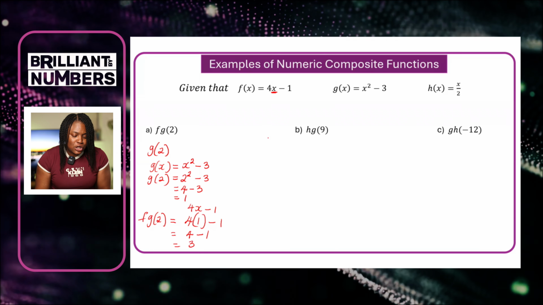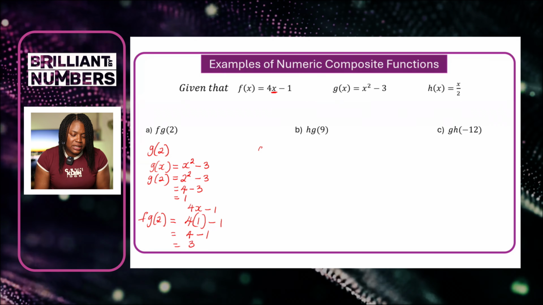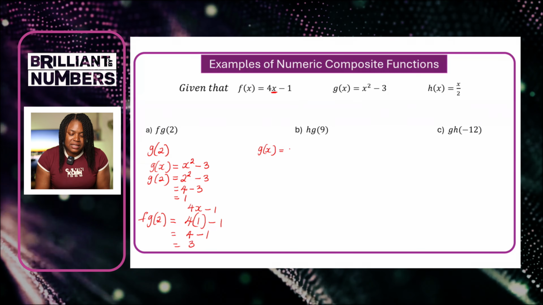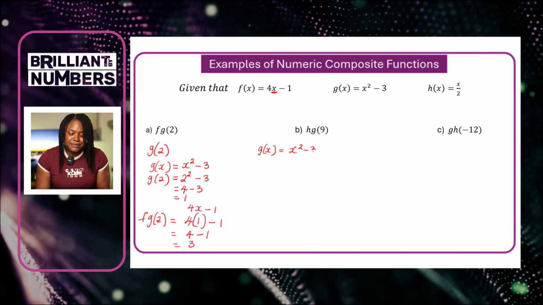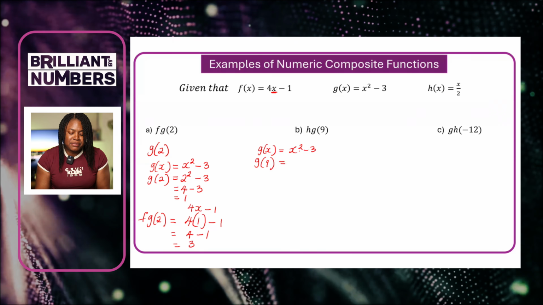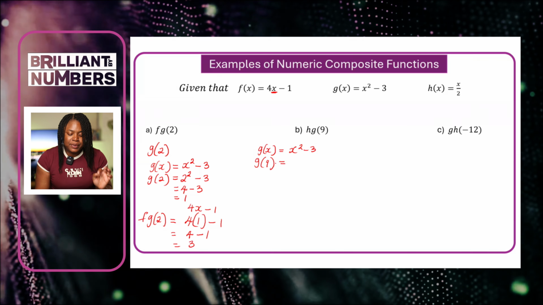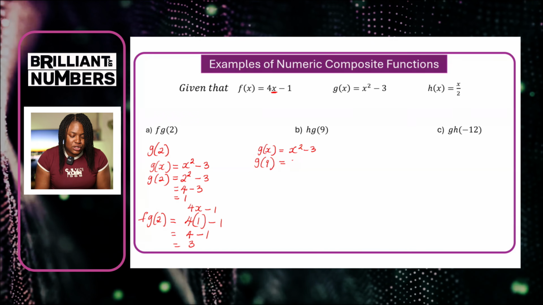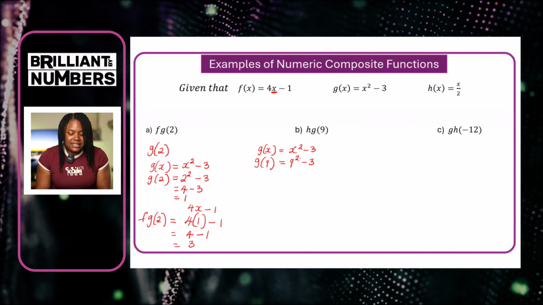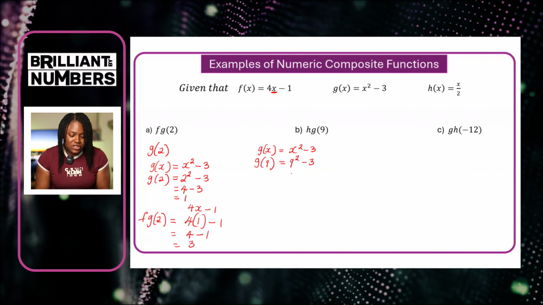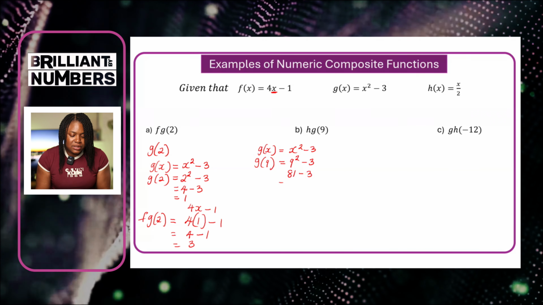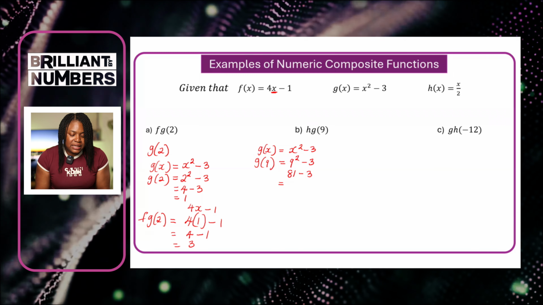So let's start. I'm going to rewrite g of x first of all. So g of x is x squared minus 3. Now I need to do g of 9. This simply means where x is here, I'm replacing that with 9. So it's going to be 9 squared minus 3. So 9 squared is 9 times 9, which gives me 81. Take away 3. So 81 take away 3, that will leave me with